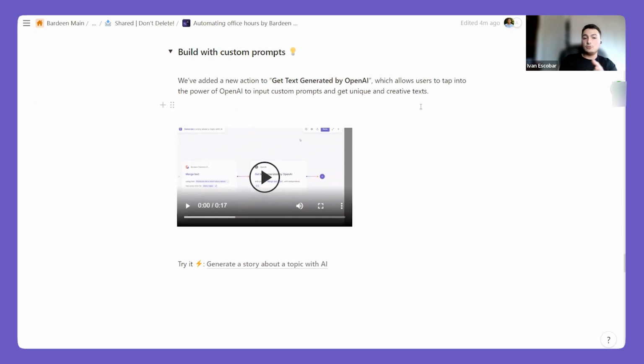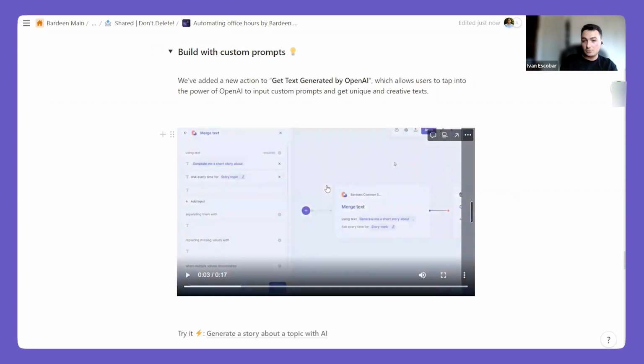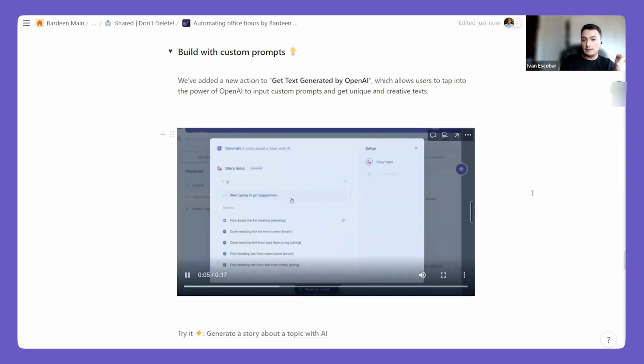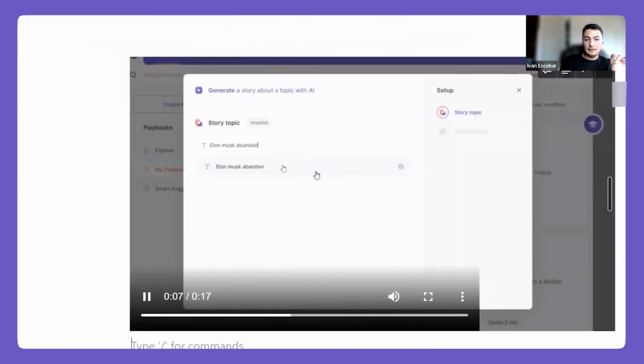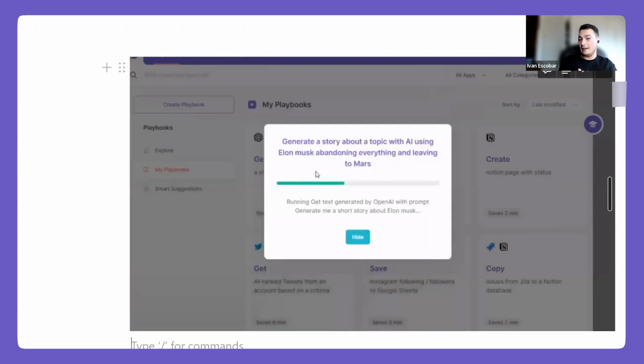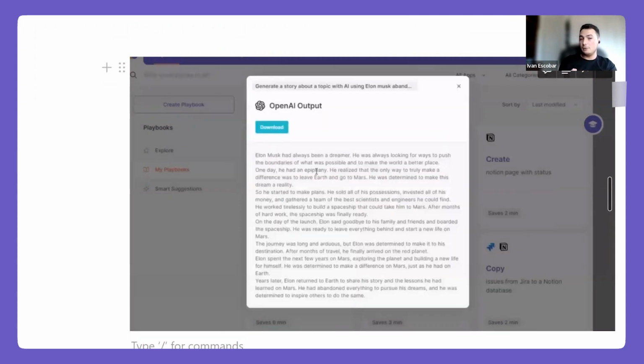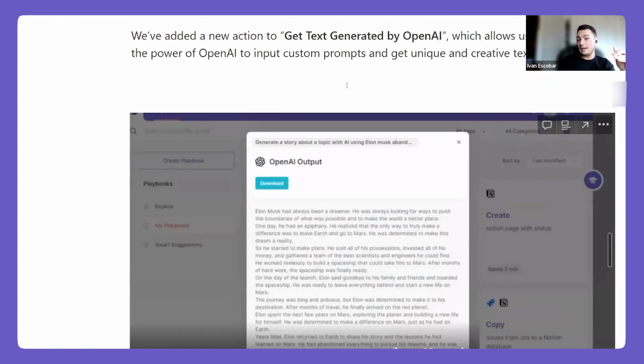So let's say I were to generate a story. You can simply use the Bardeen action to generate me a story about whatever I input. And when I run this, and I input Elon Musk abandoning everything and leaving to Mars, you run it and it will get you a story about it. So this is an action that you can experiment with. You can try out different prompts. If you're learning about ChatGPT prompting and prompt engineering, you can try out those prompts with this action